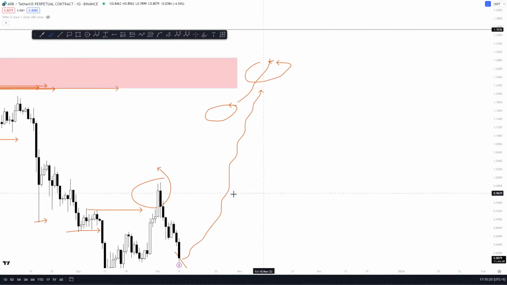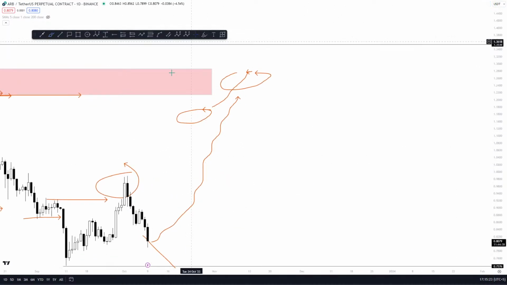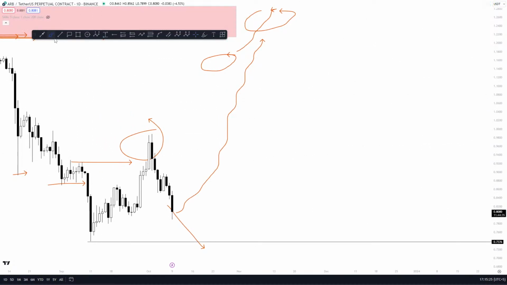Okay, so you can clearly see that you have to mark a context. Why? Because you have to mark the higher time frame and then shift to the lower time frame, giving the color by collaborating both of them. So you can clearly see that you have a clear demand over here, but I will not use it. I'm expecting a clearance of this. Why? Because the overall structure is bullish, and now this break of structure is just a break of structure for,